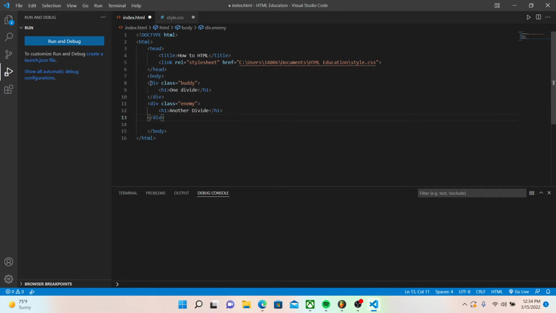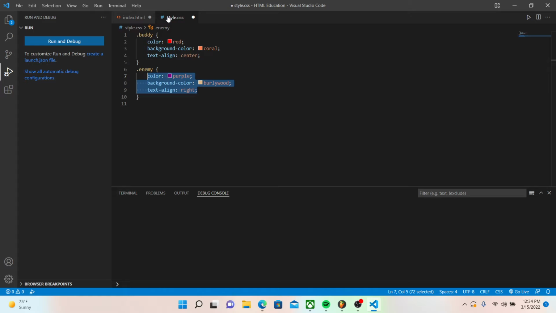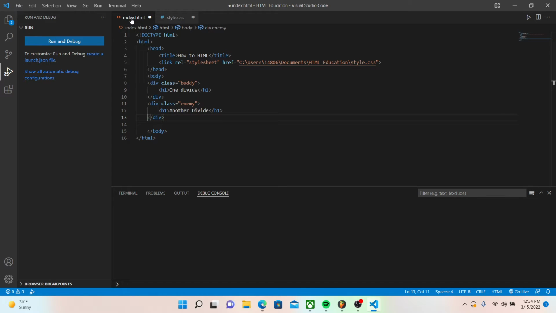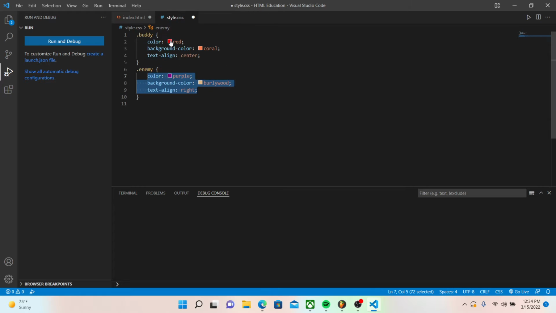We put div tags, and I put the class in there, and then I put another class within the div. So buddy and enemy, we have the same buddy and enemy that we did at the same time. You can use any words you want. I just do it because why not? And then I surrounded it with the closing div tag with another div and one div. I added a color, a background color, and a text align to it. But I'm actually going to get rid of the text align real quick,